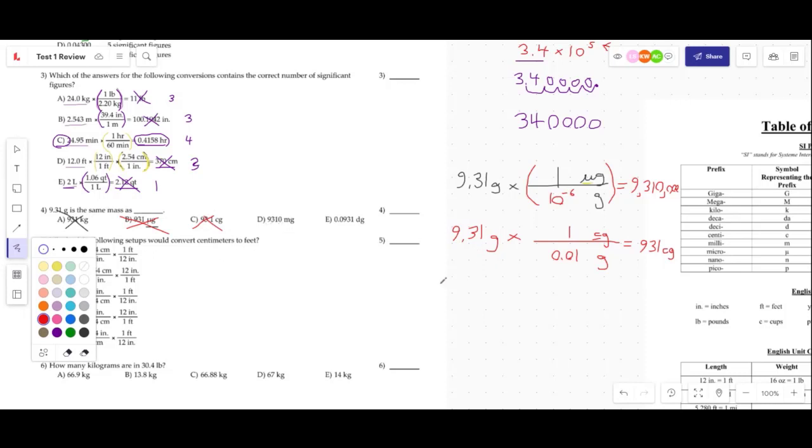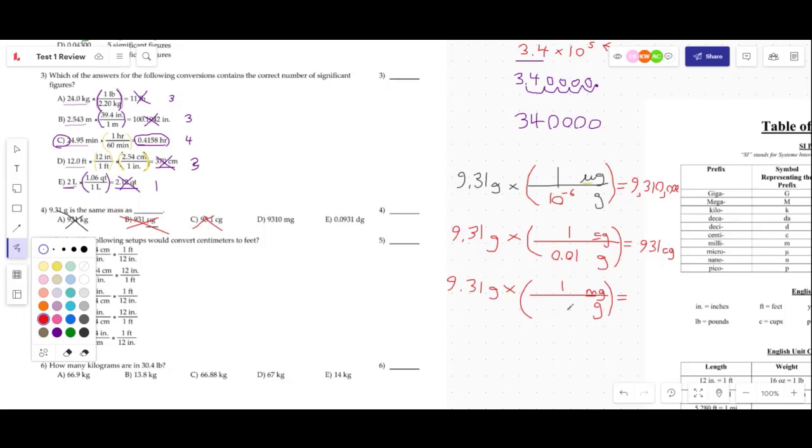So let's look at the milligrams one. 9.31 grams. Grams is going to go on the bottom. In this case, milligrams is going to go on top. And I'll put a 1 in front of the prefix unit. And what goes in front of grams then? 1,000. Not 1,000. Milli does not mean 1,000. What am I saying? Okay, so you could say,